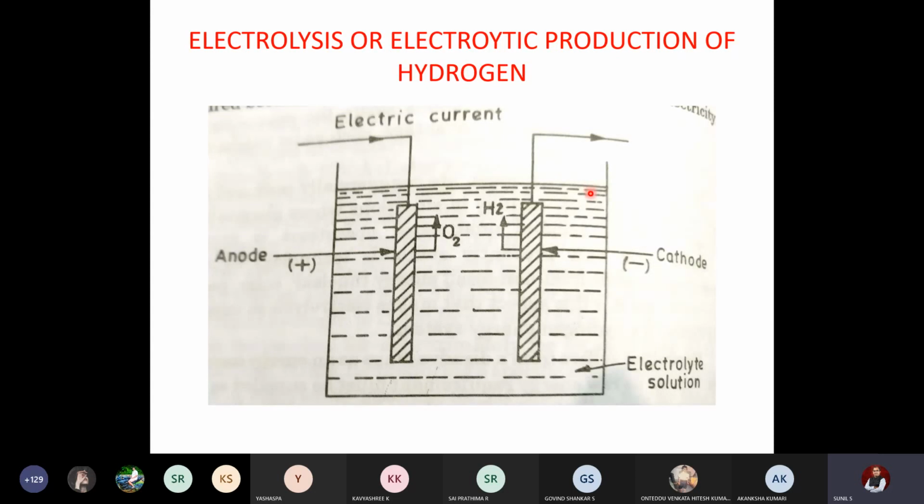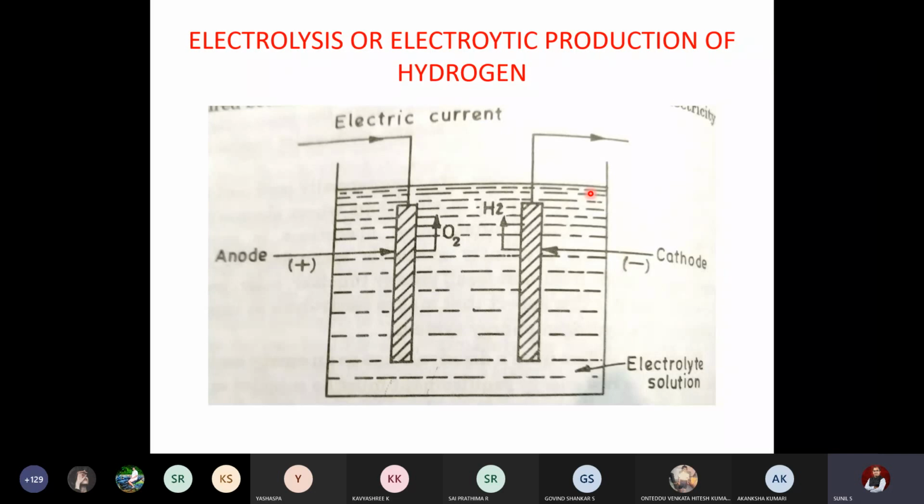Okay, here 3 major factors have to be considered. One is the energy efficiency, capital cost, and lifetime of the cell. Okay, these 3 are the factors that have to be optimized to make this model popular, right?